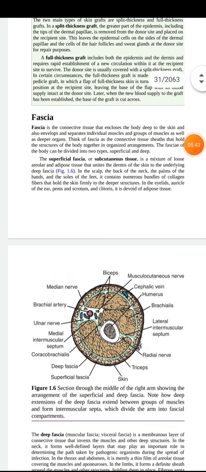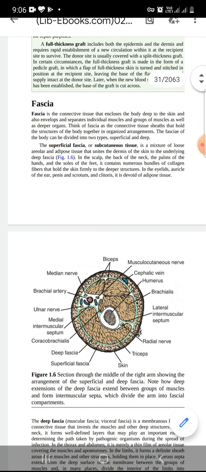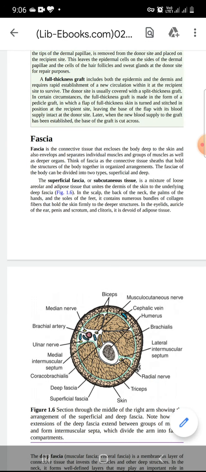This is Figure 1.6 telling about the section through the middle of the right arm, showing the arrangements of the superficial and deep fascia. Note how extensions of the deep fascia extend between the groups of the muscles and form the intermuscular septa, which divide the arm into fascial compartments. So you can see the skin, superficial fascia, deep fascia, ulnar nerve,